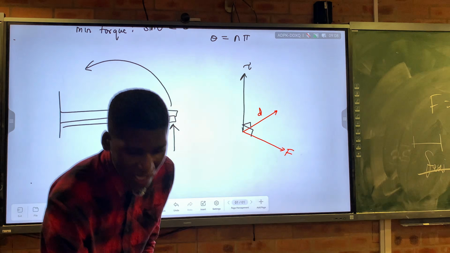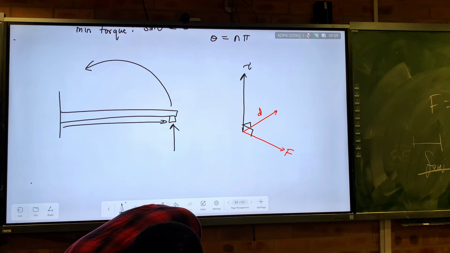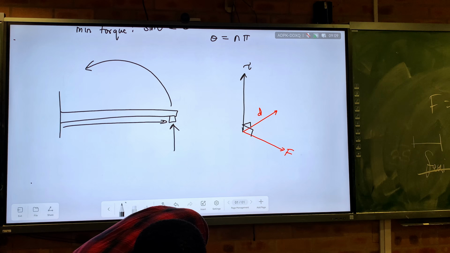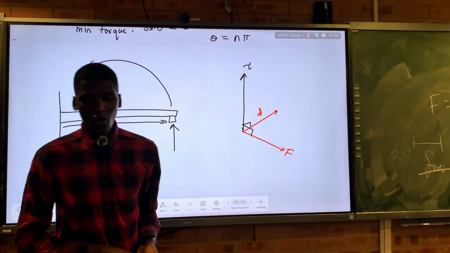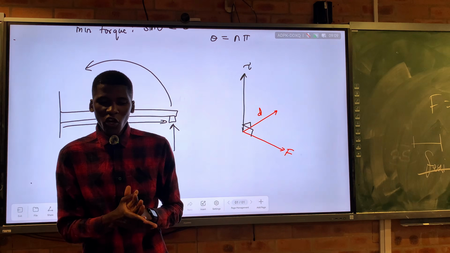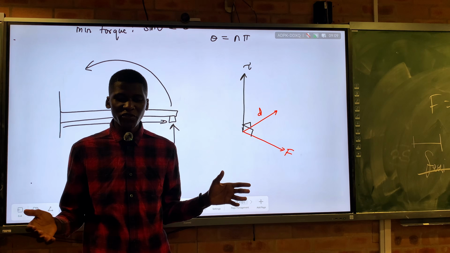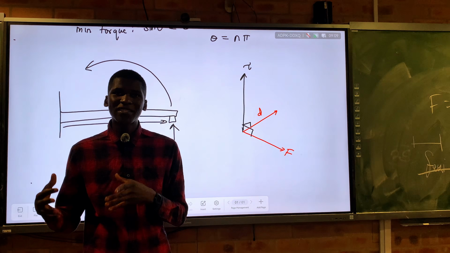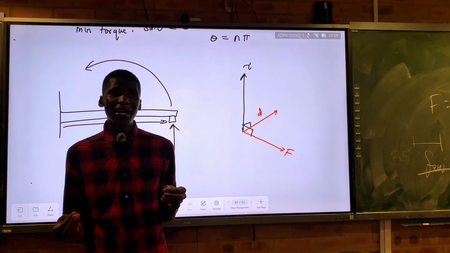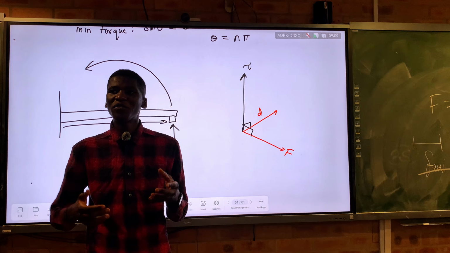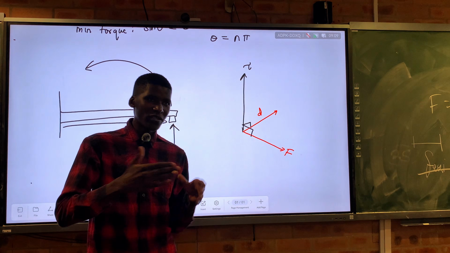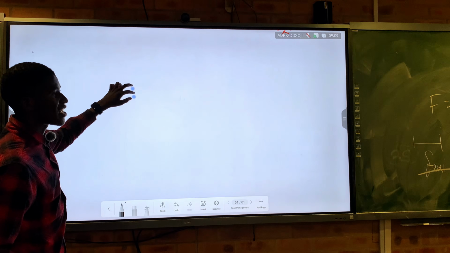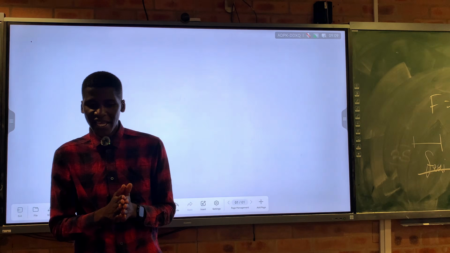Yes. All right. So let's now go a bit deeper. What else can we learn about torque? Because we now know the general, basic definition of torque. All right, torque should not be confused with force, because I already told you that torque is not really force alone, but torque and force are directly proportional to one another, because when you apply a force, you cause a torque. But don't confuse it and say force and torque are the same thing.